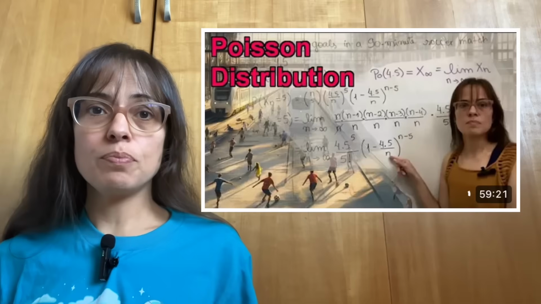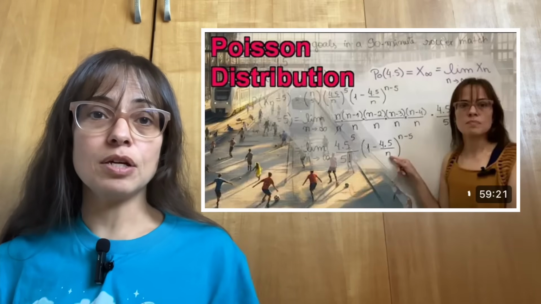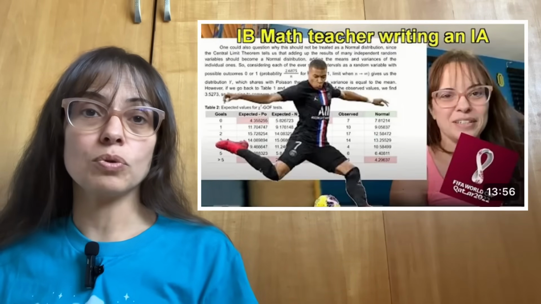In my video about the Poisson distribution, I mentioned that one of the easiest examples is the number of people that arrive at a train station in a given period of time. And of course, you could change the train station for Starbucks or for any other place that you want, but it's the number of people that arrive during a specified time. I also mentioned what I think is the other very common example, which is the number of goals scored during a soccer match. For that example, I even wrote a whole IA about it in a video that is linked here about the Qatar World Cup.